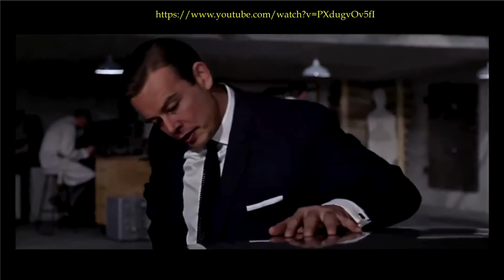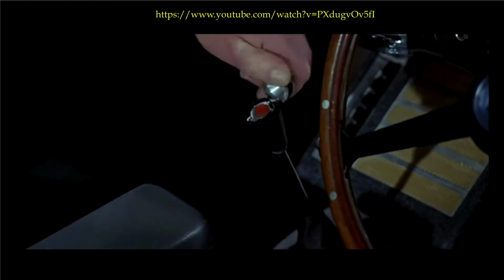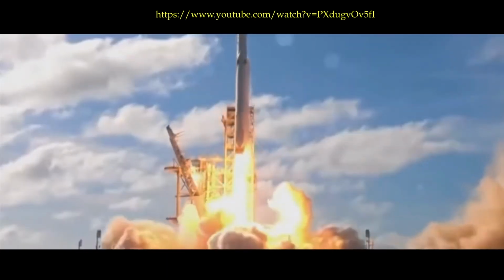Now this one I'm particularly keen about. You see the gear lever here? Now if you take the top off, you'll find a little red button. Whatever you do, don't touch it. Now, why not? Because you'll release the...